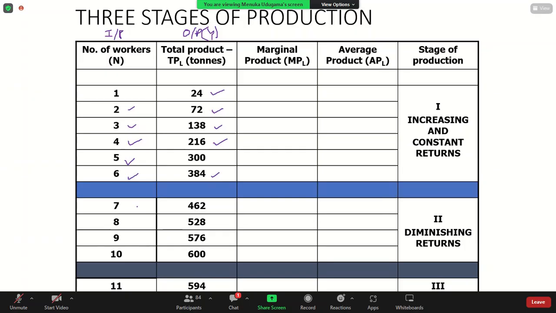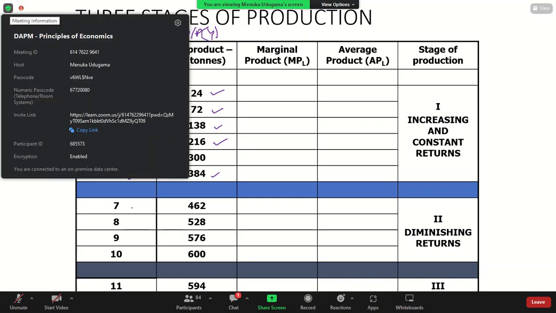Right, we can see that as you employ an extra worker each time, the total